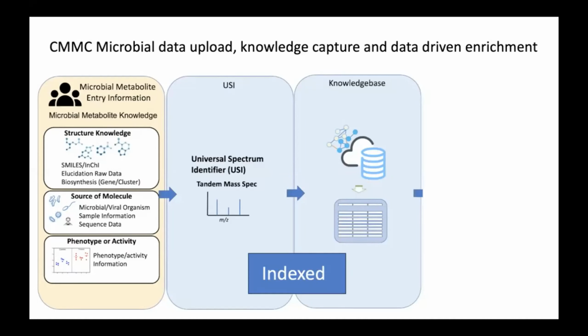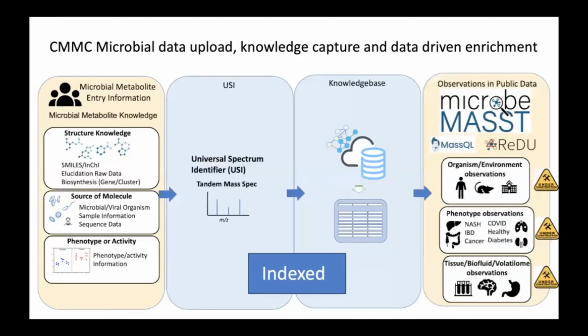So this could be in our own ecosystem, which I'll highlight in a second, but it could be in Metabolomics Workbench, it could be in MetaboLights, it could be in PRIDE. Wherever the data is stored, we can create a universal spectrum identifier, and it reports on the project, the files that it's in, as well as the individual spectra associated with it, so that now we have a hard data linkage. And so these USIs are also captured to a larger knowledge base, and all of this is indexed.